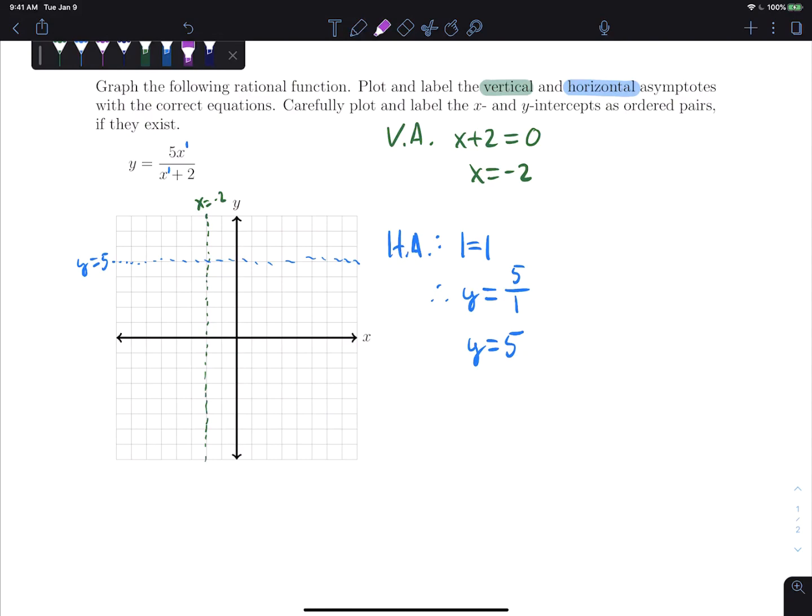The next thing we're going to do is actually graph the x-intercepts. To find the x-intercepts, we're going to set the numerator equal to 0 and solve. And I got (0, 0) from that. I'm going to go ahead and plot that. There we go. And now for the y-intercept,